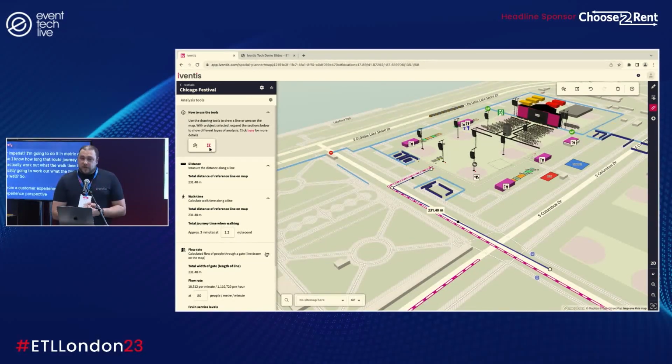In terms of security and safety, it goes without saying, we need as organizers to understand how long it will take for visitors to get in and also how quickly they can exit a venue. And of course, this is from a festival perspective, but if you're organizing, say, a major conference, this could be a very useful tool, especially for those planning registration areas who will have the biggest question on their mind, which is,